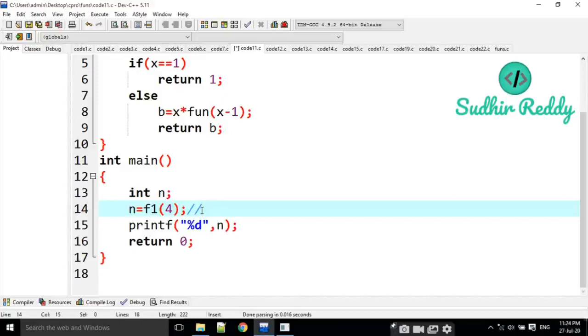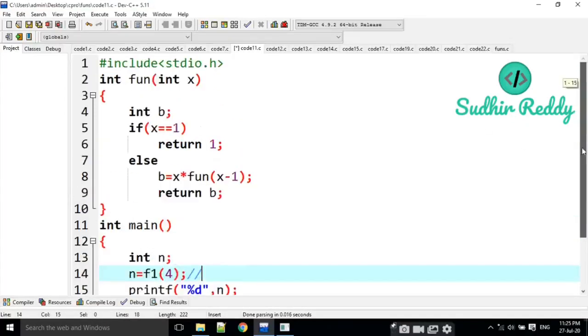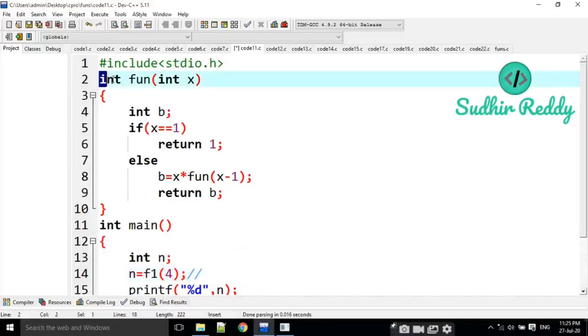Int n, I am going to take n is equal to f1 of 4. Function name is f1. There is one argument, that is integer, and the return type is also integer. Okay, and we are going to print n. Coming here, int function.